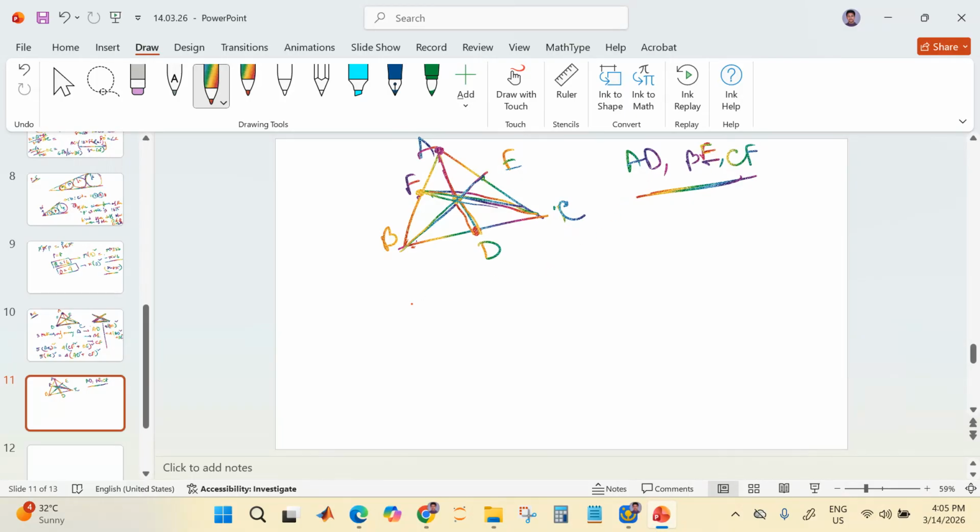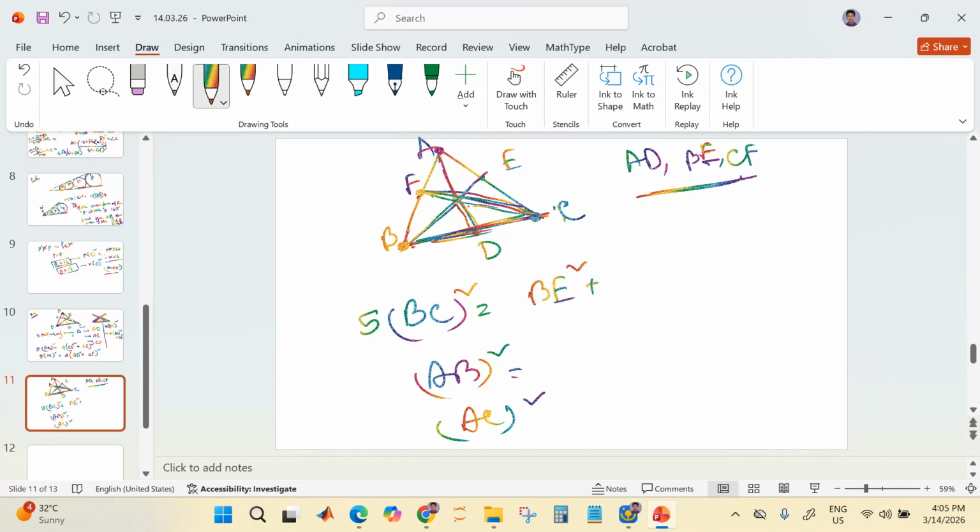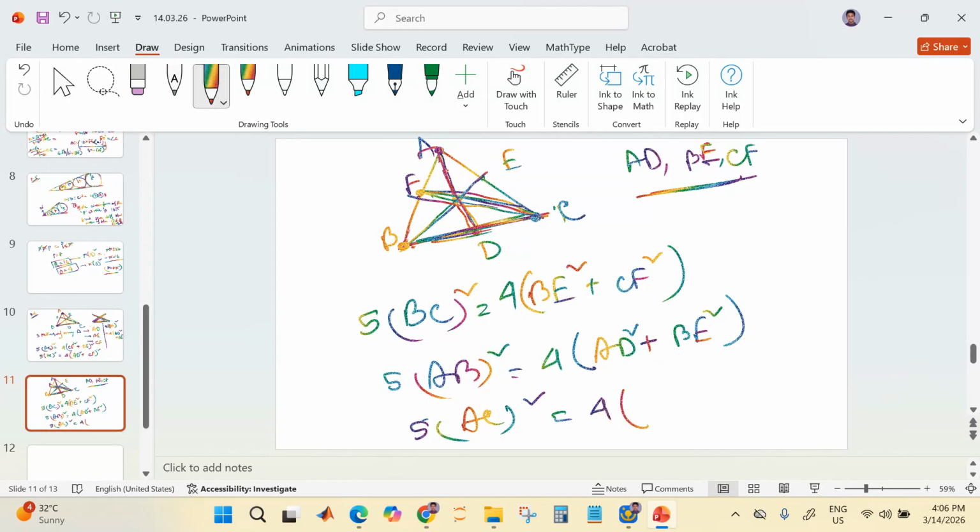এদের মধ্যে কিছু রিলেশন আছে, কিরকম রিলেশন আছে? বিসি হচ্ছে একটা সাইড, এবি হচ্ছে একটা সাইড, আর এসি হচ্ছে একটা সাইড। আগে বুঝে নাও, তিনটে সাইড ট্রায়াঙ্গেলের এবি, বিসি, এসি। তাহলে বিসি সাইডটাকে 5 দিয়ে মাল্টিপ্লাই করো, আর বি পয়েন্ট থেকে যে মিডিয়ানটা ড্রয়িং করেছো দ্যাট ইজ বিই, আর সি পয়েন্ট থেকে যে মিডিয়ানটা ড্রয়িং করেছো সিএফ, তাকে স্কোয়ার করে অ্যাড করে 4 টাইমস করে দাও। সিমিলারলি 5 এখানে লেখো, 4 এখানে লেখো, এবি তাহলে এ থেকে স্টার্ট হচ্ছে এডি, তাহলে লেখো এডি স্কোয়ার। বি থেকে স্টার্ট হচ্ছে বিই, তাহলে লেখো বিই স্কোয়ার। সিমিলারলি 5 অফ এসি স্কোয়ার যদি লেখো, 4 টাইমস অফ এ থেকে স্টার্ট হচ্ছে এডি, আর সি থেকে স্টার্ট হচ্ছে সিএফ। তাহলে এই রিলেশন তিনটে মাথায় রাখো, এই রিলেশন তিনটে থেকে কোশ্চেন আসে।